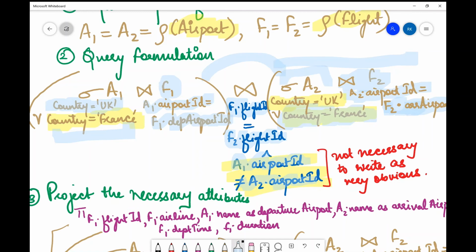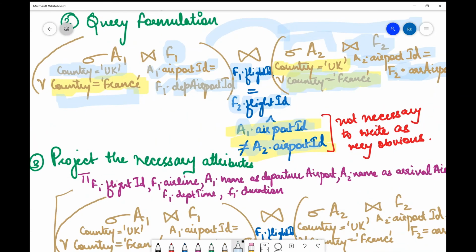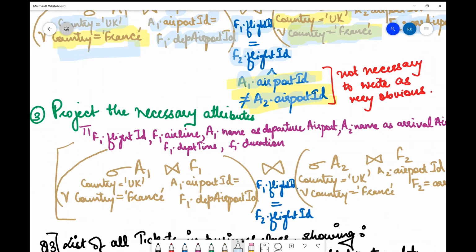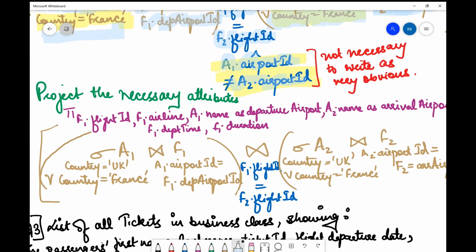And finally this condition that both these airports should not be the same. So that's all for this query also. And finally we'll fetch all the necessary attributes. In this final step of the query, we project the necessary attributes which are required in the question.